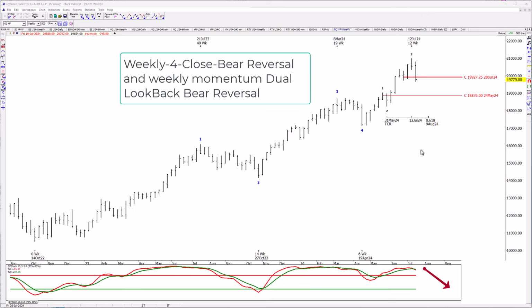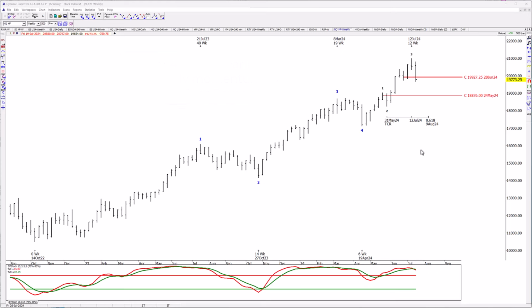Now I do have an Elliott Wave count on here. It's a possibility, but we can use this to gauge some important waypoints, possibly at least. And the first important waypoint would be the close on the week ending May 24th. You can, by the way, see there's some trading going on because I'm recording this at about 3:30 on a Friday afternoon. So this swing high close at 18,876 will be a critical juncture